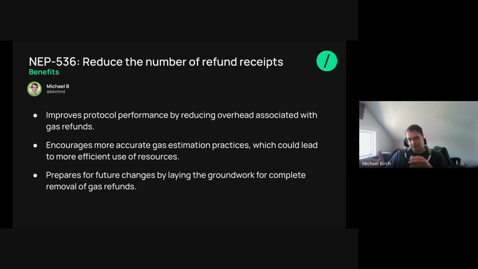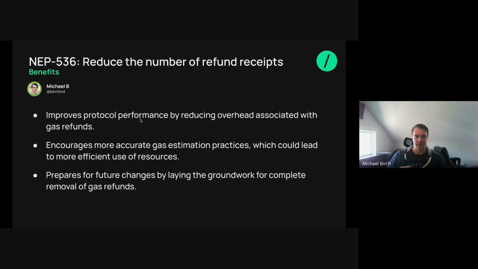The way that transactions end up in blocks is based on the amount of gas that it could potentially spend. And so if you're attaching 300 teragas, but then only spending 5 of it or 10 of it, we've sort of lost that 150, 200 teragas worth of block space that is sort of being unused. So penalizing the overestimation will help us be more efficient in that regard. And this is a step in the direction of trying to make the whole process more efficient by maybe eventually getting rid of gas refunds.